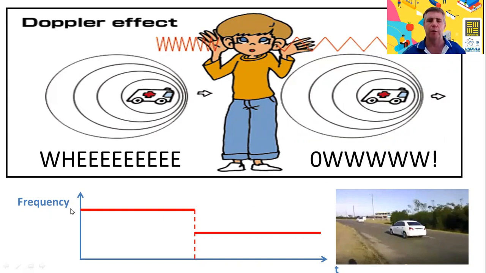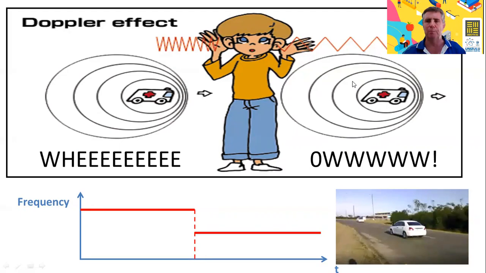If you drew a graph of frequency against time, you'd see a constant high pitch and then a sudden drop as it passes you and a constant low pitch. Remember the November 2020 question had such a graph. Now the reason for it is clear. As the ambulance with the siren approaches the person, the waves in front of it get squashed up. The frequency is higher, and so we get a higher pitch. As the ambulance goes away from the person, the waves get stretched out, their frequency gets lower, so we have